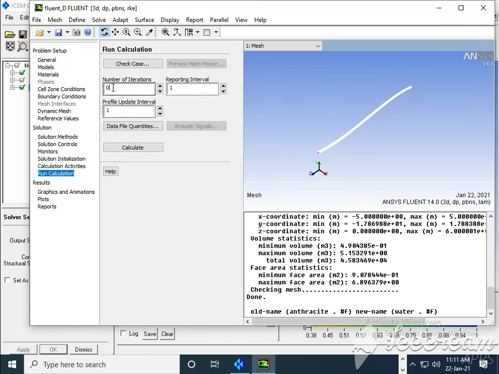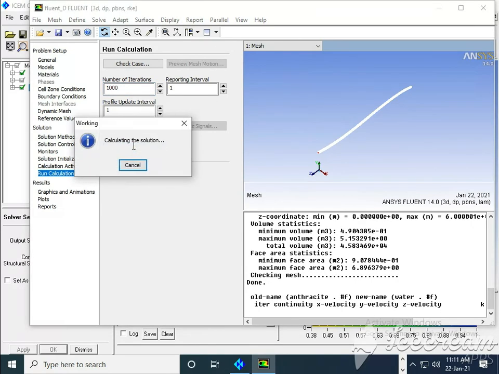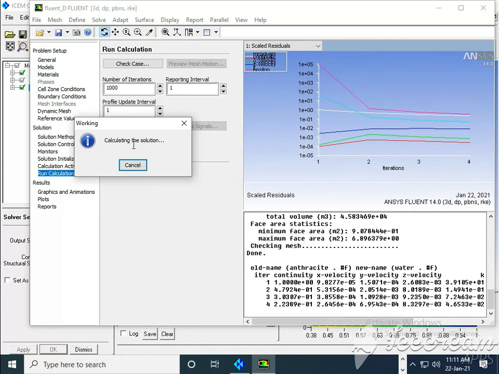Calculations, number of iterations I can say 1000 and calculate. Let's see how it is calculating.